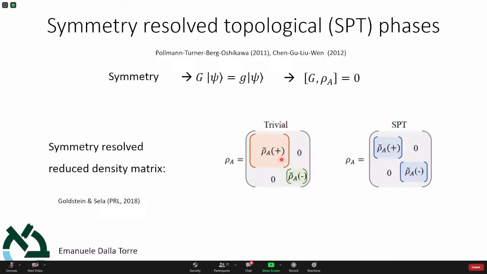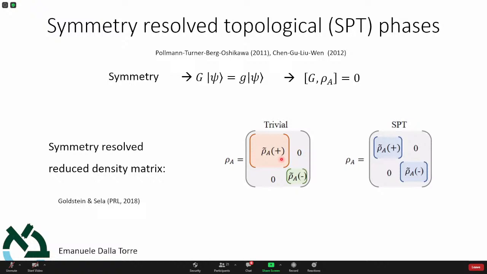So think of the symmetry that is the conservation of the total number of particles. Take a box with 100 particles. Now, if I look at half of the box, say the particles are in quantum superposition, they are in an entangled state in the box. When I look at half of the box, sometimes I find 50, but sometimes 48, 47. So the number of particles is not defined. In the total box, it is, right? The total symmetry is conserved. But in the subsystem, the number of particles is not conserved.